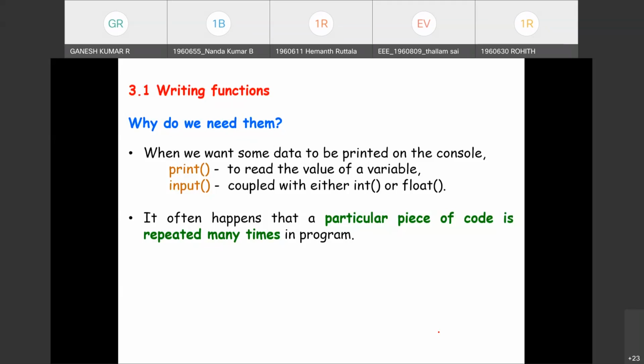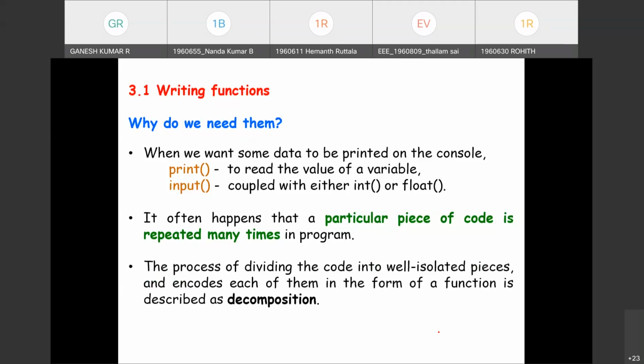Some say that a well-written function should be viewed entirely at one glance, in one block. Fine. A good and attentive developer divides the code into well-isolated pieces, independent blocks, separate programs, and encodes each of them in the form of a function.